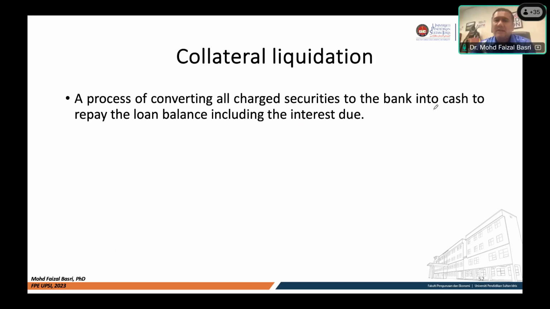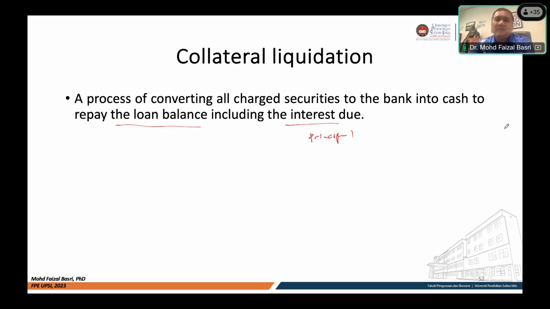If it is a secured loan tadi, it's backed by collateral. So this is a time the bank can repossess, tarik all the assets and convert it into cash in order to pay the loan balance. Okay, termasuklah the interest and also the principal lah, obviously. Okay, interest and principal they akan try to recover by using the